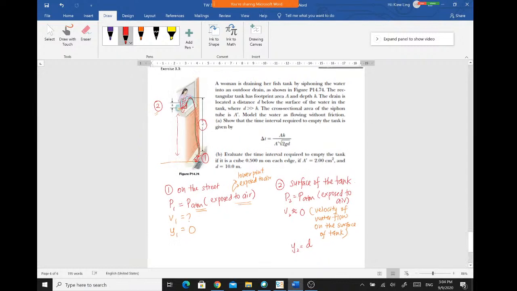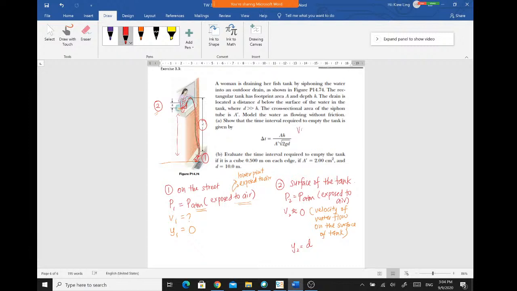So to find the time interval to drain out all the water in the aquarium, the tank,